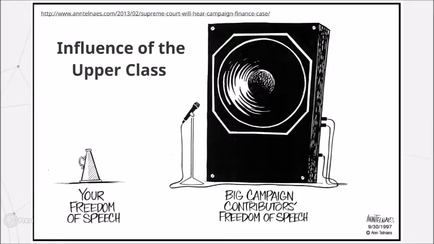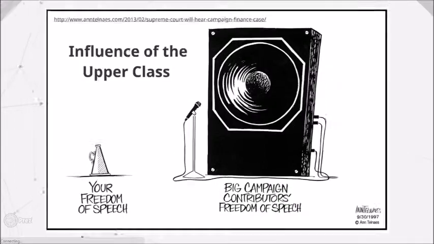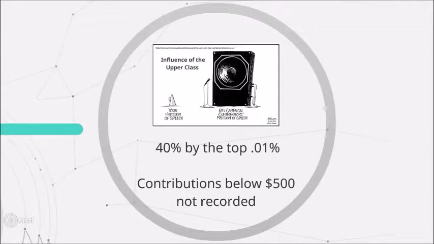Next on the list is the influence of the upper class. Alongside the strength in voting numbers, the upper class has the power and resources to influence campaign contributions, lobbying, as well as electoral, legislative, and regulatory processes. While the influence may not always be extremely evident, it is shown that the large contributions have had the power